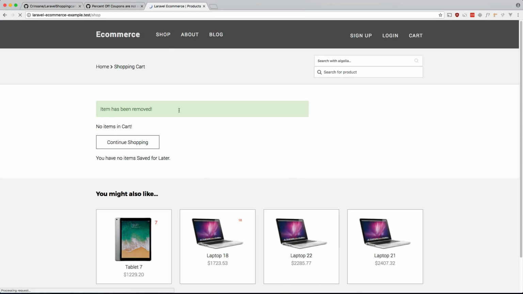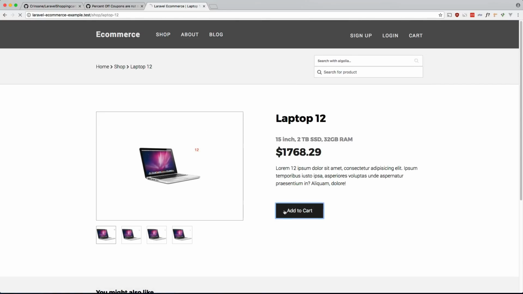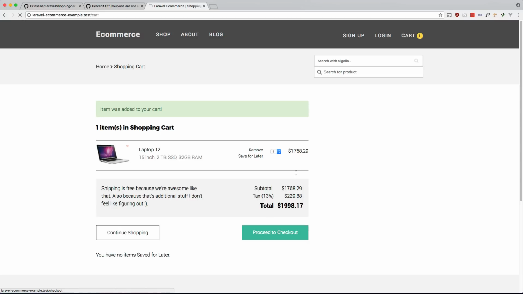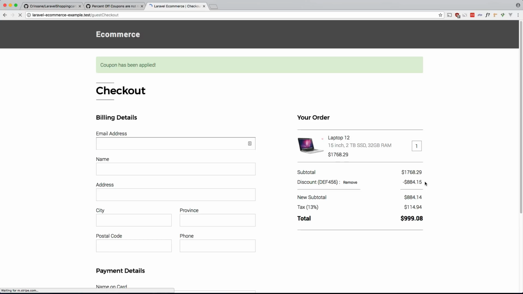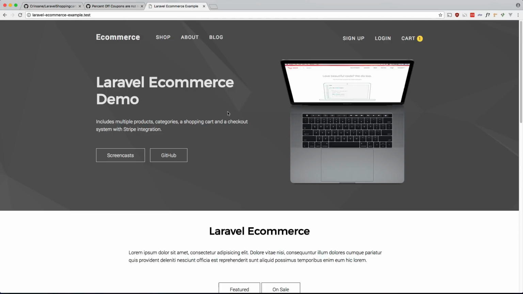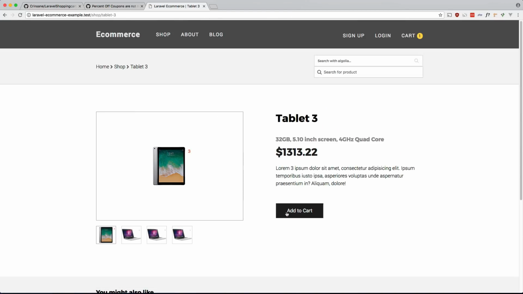Okay, so let's add an item. Now let's add a percent off coupon. I have one, the EF456 is 50% off. Okay, this is correct. However, if we go back and add another item, so let's add tablet 3,